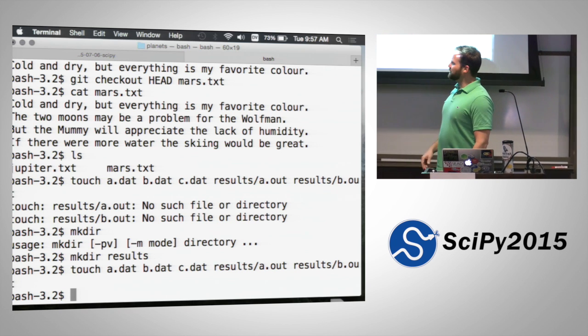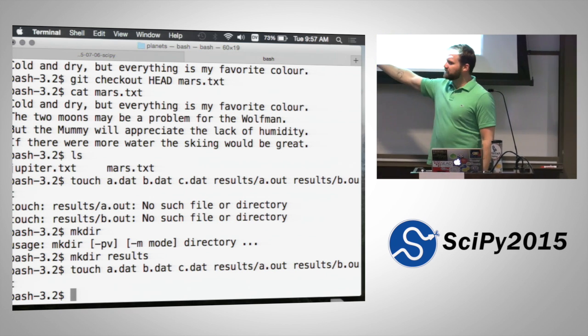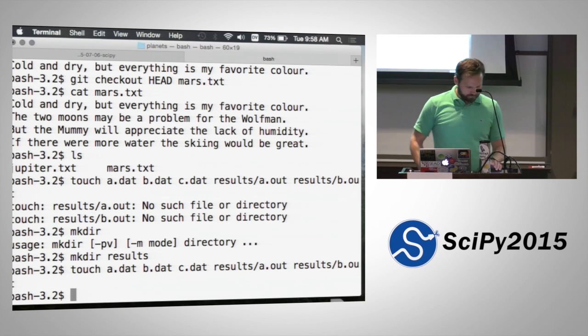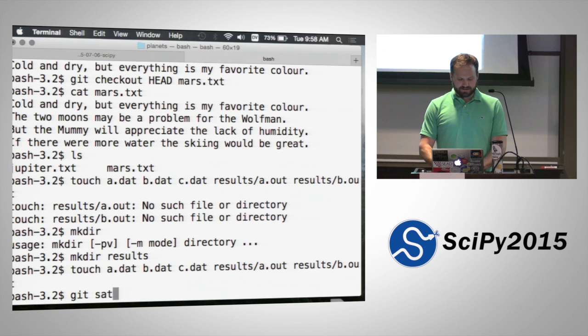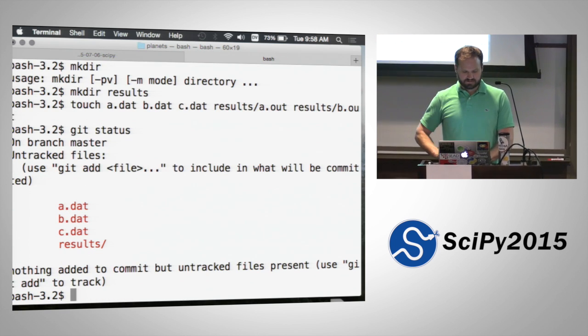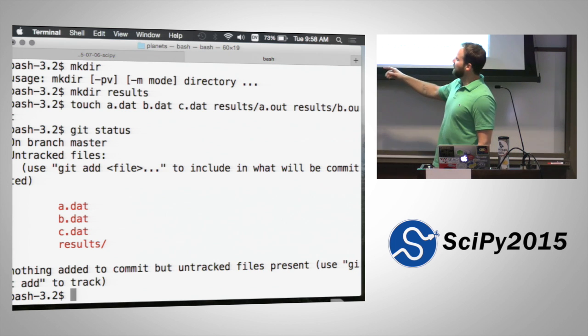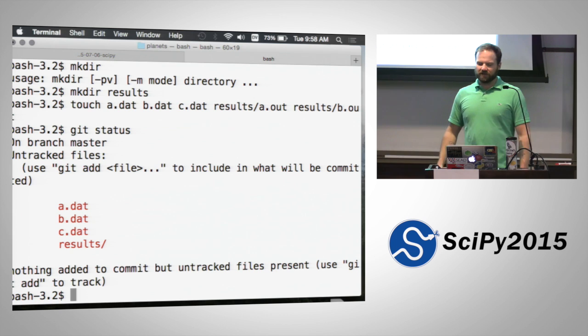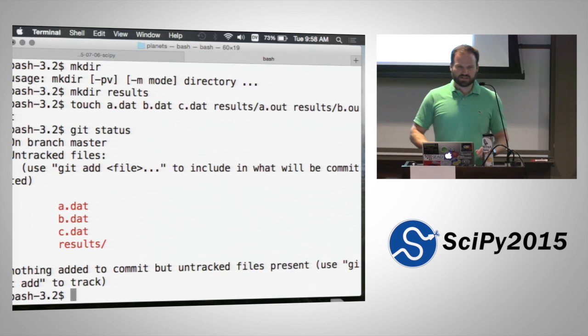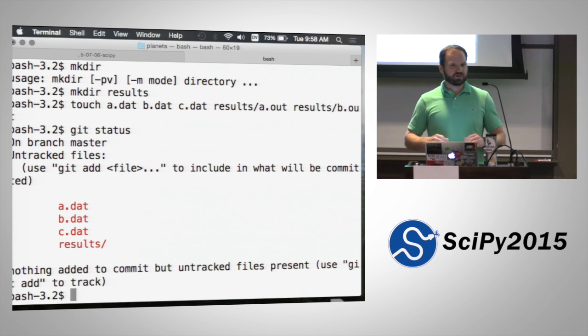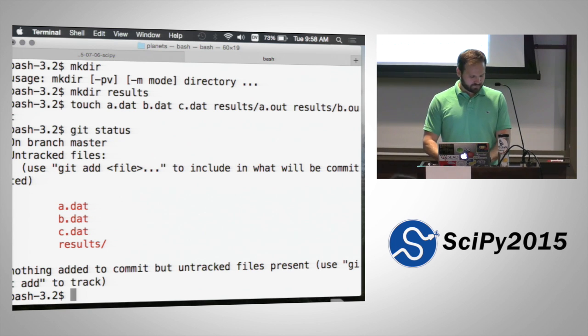So I'm going to make this directory results. And touch is just going to create empty files with these file names. And so now if I type git status, you guys can see I have these files that are untracked, and this whole directory that's untracked. If I want to ignore the files, again, I can just never add them. That's generally not a good practice, because it just clutters up your git statuses and makes everything kind of confusing. So to solve this,